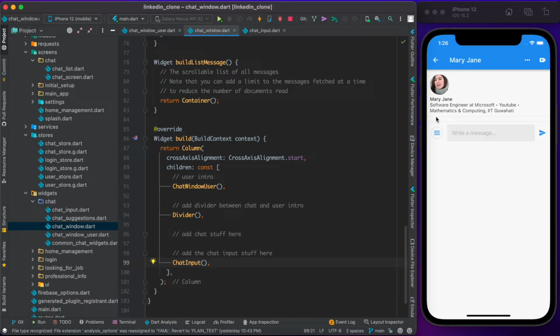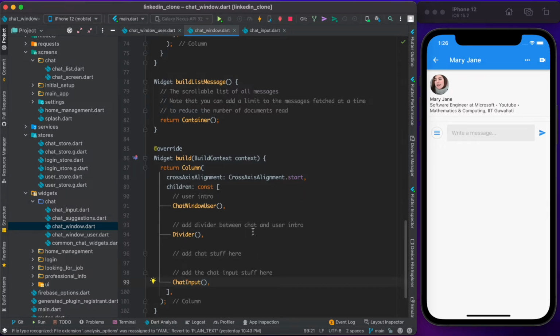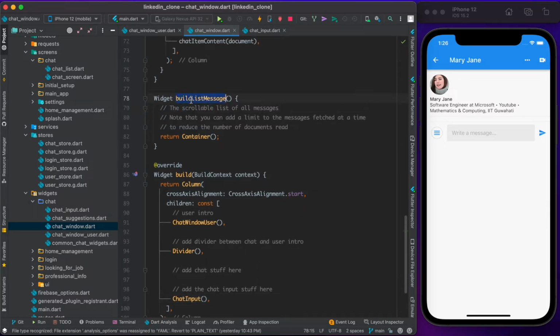Now you must be wondering why there is no space in between. Don't worry about that. We'll fix that soon once we have the build list message widget in place. And this is the animation I was talking to you about. We have all these features here. We can add attachments, or open the camera, add videos, photos, GIFs, or mention people.